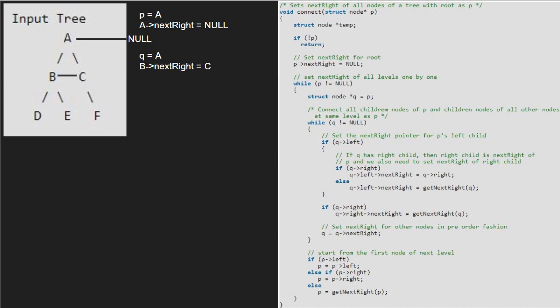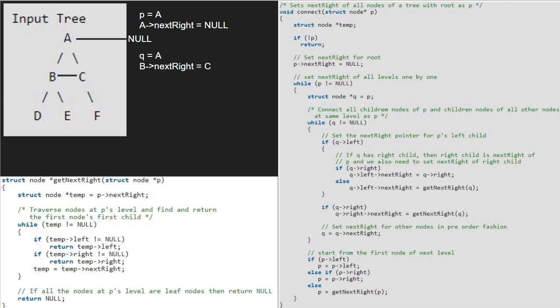Now, since Q's right is not null, we make Q's right's next right point to the value returned by getNextRight Q. Hence, we call the getNextRight function with A passed. In the function getNextRight, P will point to A and temp will point to null, which is A's right.